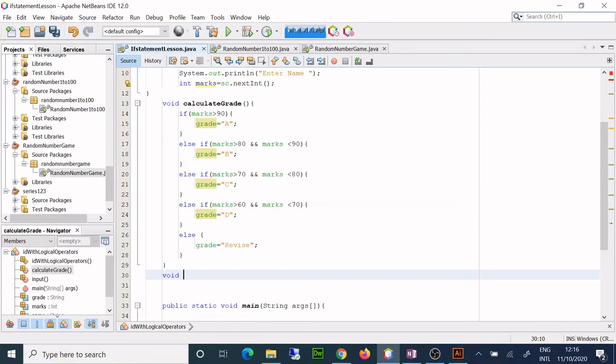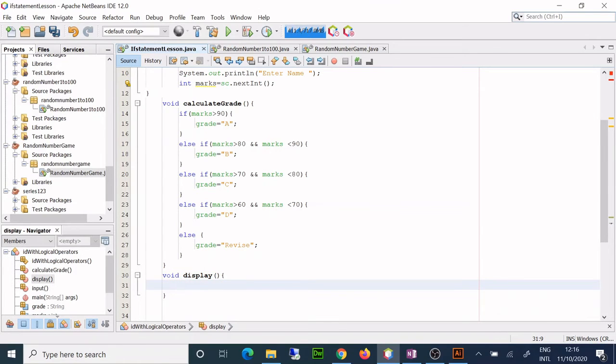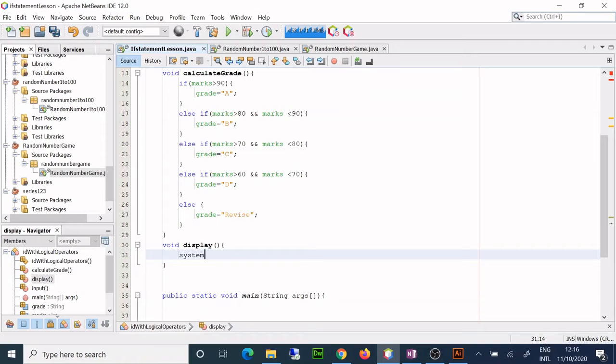I'll make another method and I'll call it display. Okay, and I'll say system.out.println, and I'll write here name of the student, right?